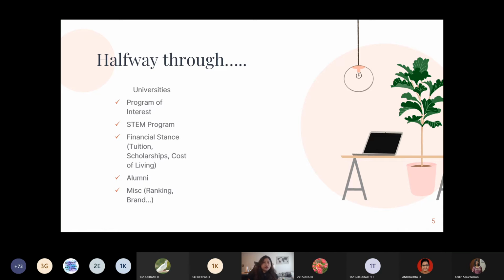Number 3 is your financial stance. I guess we covered that already. So there's tuition fee, which covers your courses and other miscellaneous things, and then you have scholarships. There are not a lot of federal international scholarships here. Federal meaning the government. So we don't have the government spending on us international students in terms of scholarships. But universities do offer scholarships. Every university does. The criteria differs. For NYU, I think it's pretty balanced. They look at everything: your GPA, your extracurriculars, your SOP. So it's based on that.